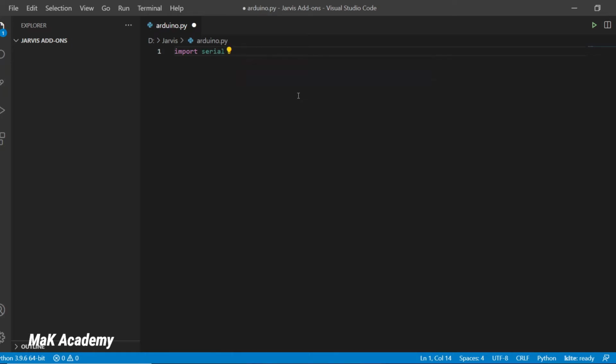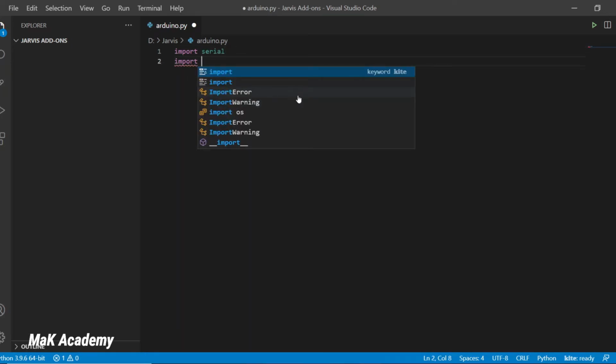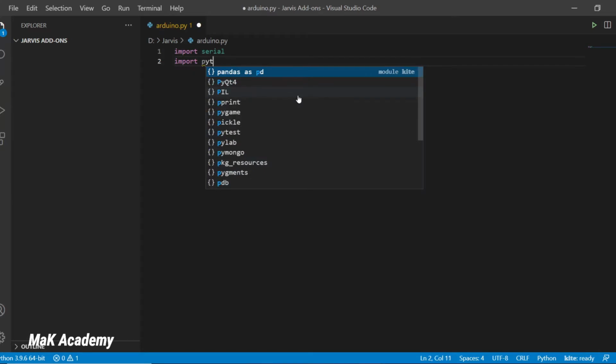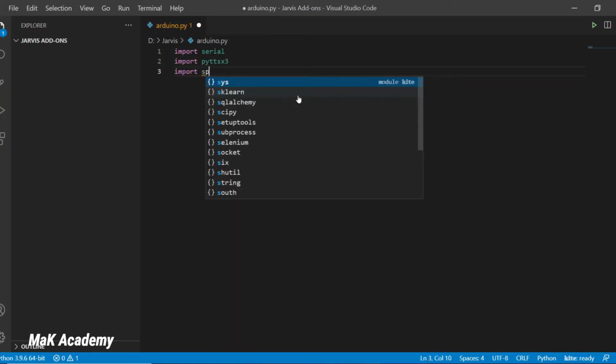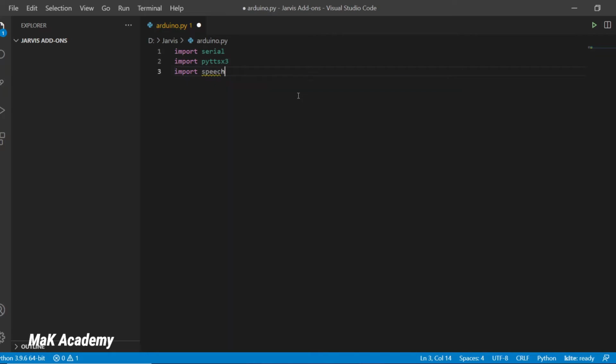The second library that we will be importing is import pyttsx3, which is Python text to speech library, and after that we will be importing speech recognition library, but I will import it as import speech_recognition as sr, so that I don't have to write speech recognition every time I am using speech recognition library. Now the last library that we need to import is a pre-built library from Python, so I will say import time.